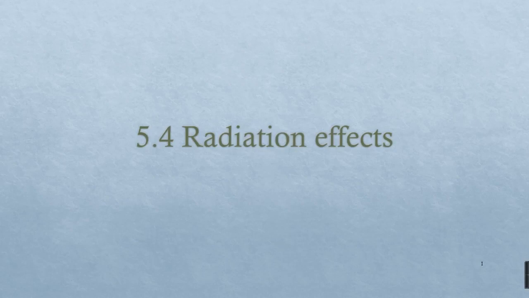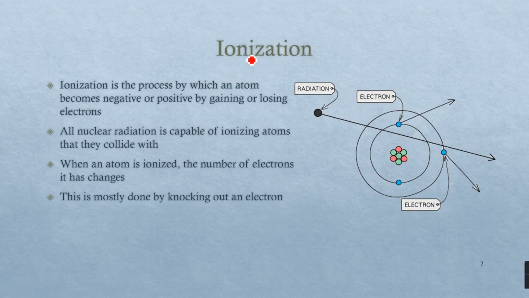Talk about radiation and its effects. First effect is ionization, and ionization is the process by which an atom can generally make another atom lose electrons